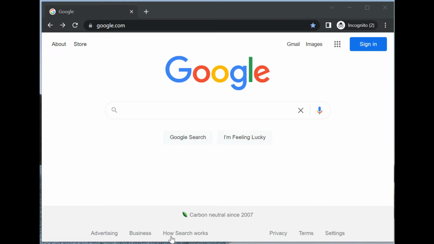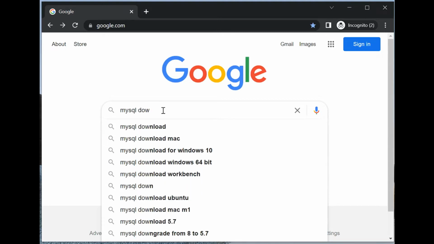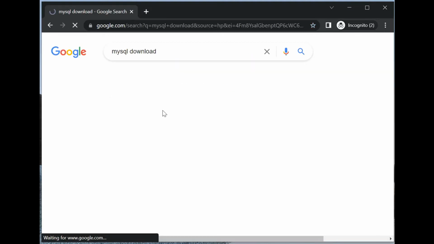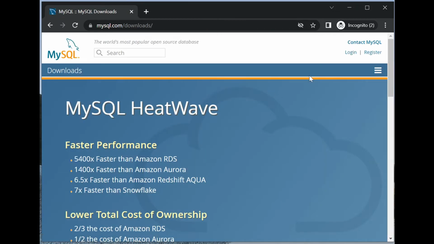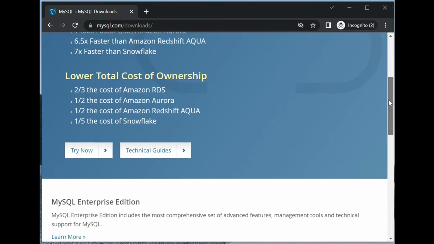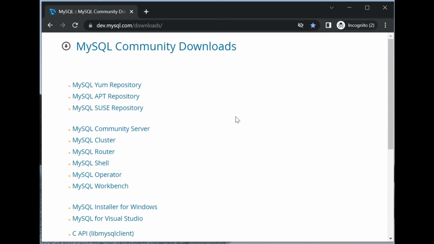To install MySQL, go to a browser and type MySQL download and hit enter, and click the first link we found, which is mysql.com downloads. We drag this to the bottom almost, and click MySQL community GPL downloads, and then we are